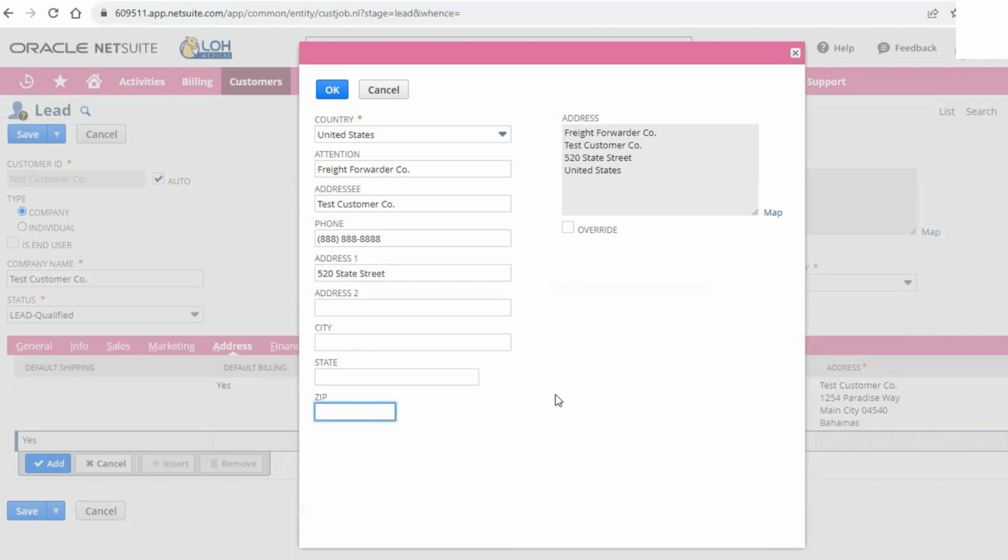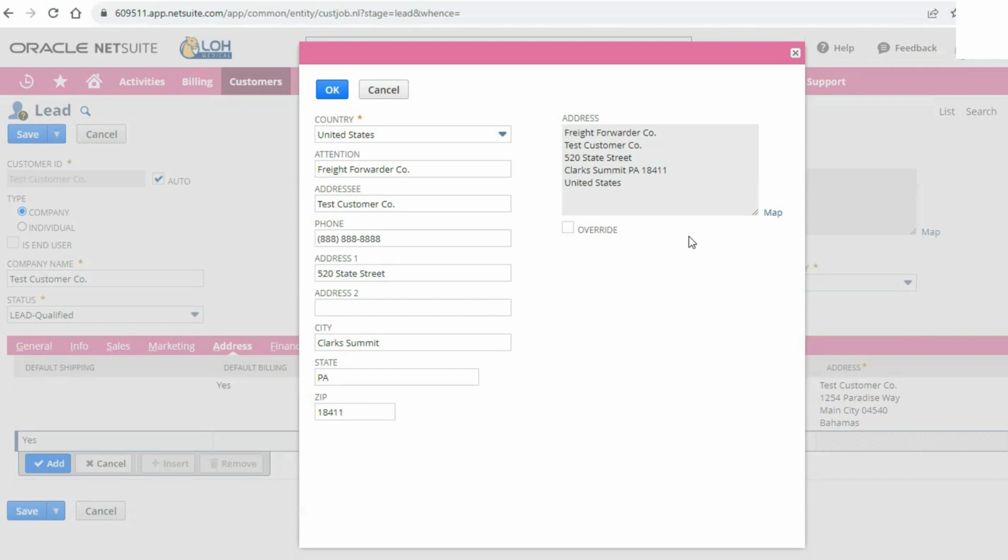And then the cool thing is with the addresses in the United States, if you type in the zip code, it'll auto-populate the city and the state. So you don't have to do as much typing.